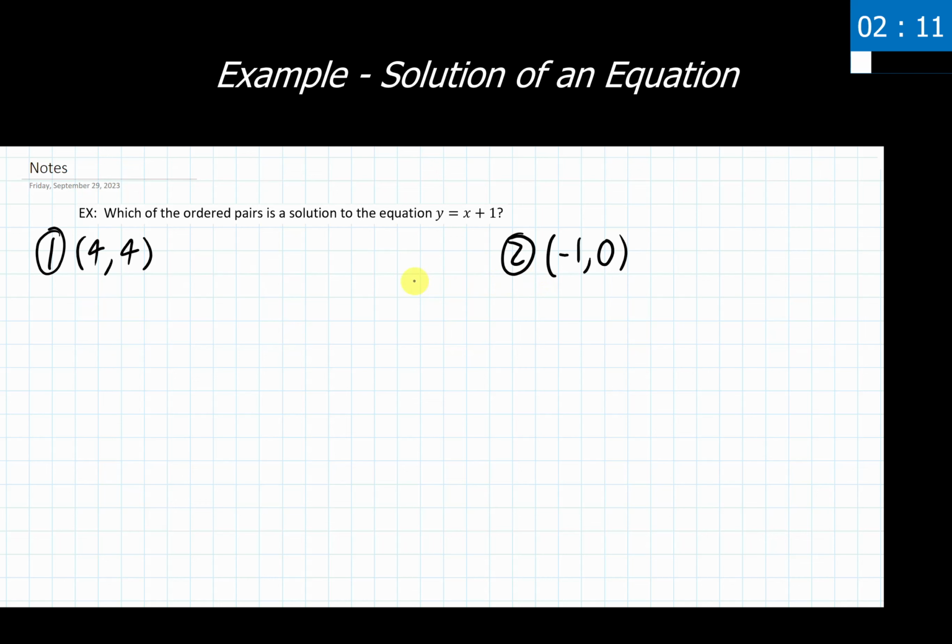For both of these in the first step, I'm plugging in the input value for x and the output value for y based on the ordered pair that I'm working with. After I've done that, I'm just going to simplify. Remember, that's just using PEMDAS, not moving things around. Just simplifying the left side of the equation, simplifying the right side of the equation, and then we can reach a conclusion from there. I'm going to go ahead and show that for both of these ordered pairs now.